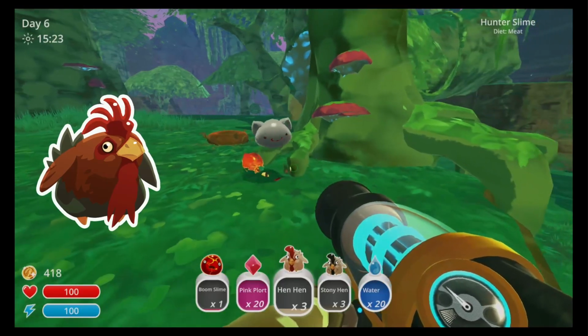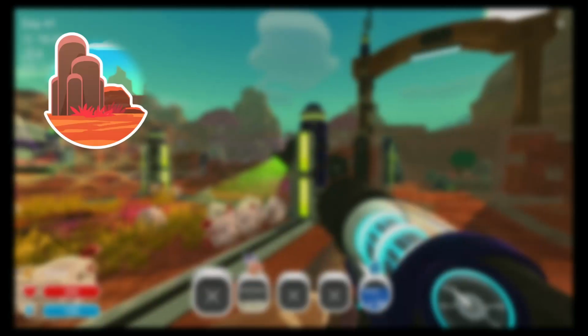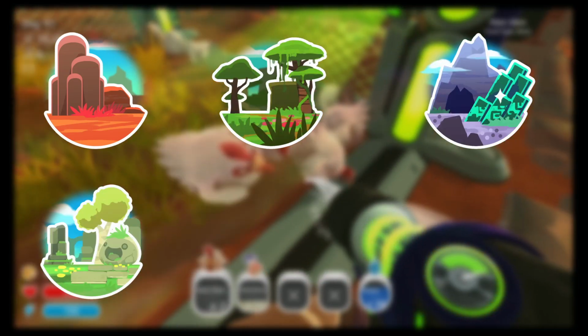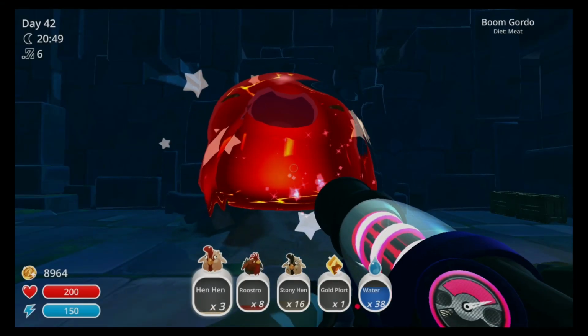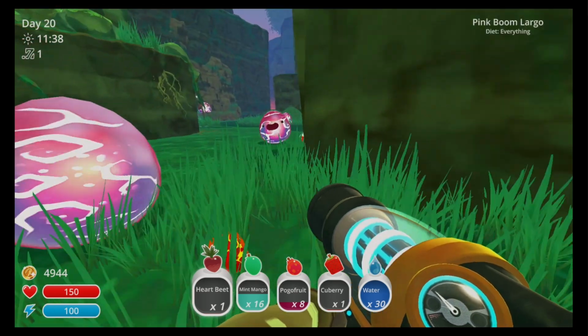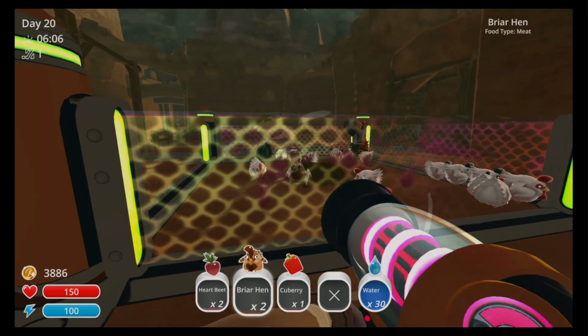Hunter slimes are big fans of roostros, which, like the stony hens, are frequently found out in the dry reef, the moss blanket, the indigo quarry, the ancient ruins, the glass desert, and the wilds. Boom slimes enjoy a tasty briar hen, the one with the stripes, which can be found roaming around in the moss blanket. And since these are a bit harder to find, I like to keep some in a coop back